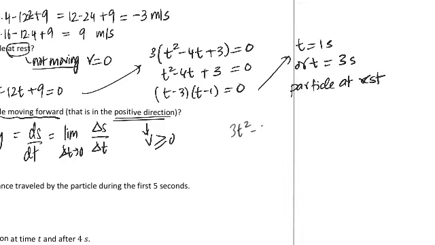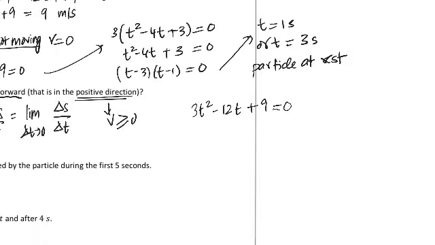3t squared minus 12t plus 9. We can divide out the 3, right? Or we can factor it and say this is 3 times (t minus 3) times (t minus 1), right? That's our factored form of this velocity equation. Actually, I'm just going to say this is the velocity equation here. Okay, so now